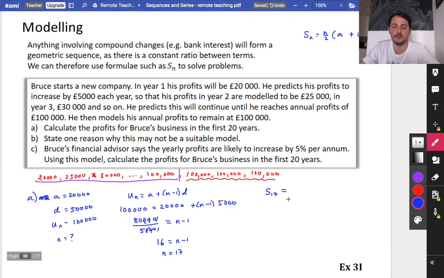You can just use that because we already know what the last one is. So we get 17 over 2, the first one is 20,000, and the last one is 100,000. So the sum up to the first 17 years is 120,000 times 17 divided by 2, which is, if I read that carefully,